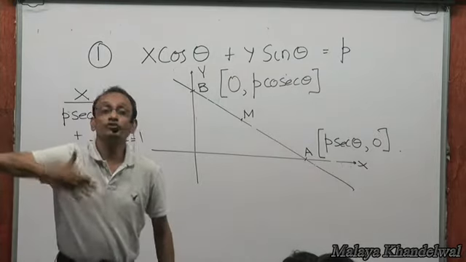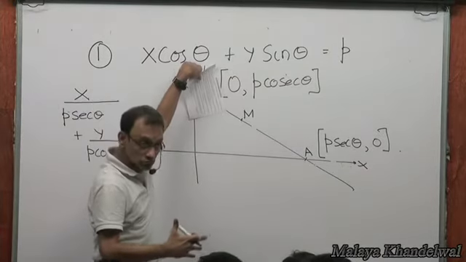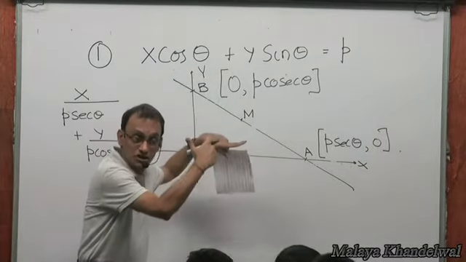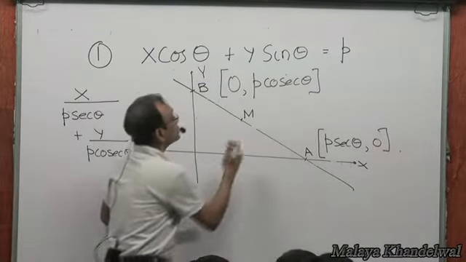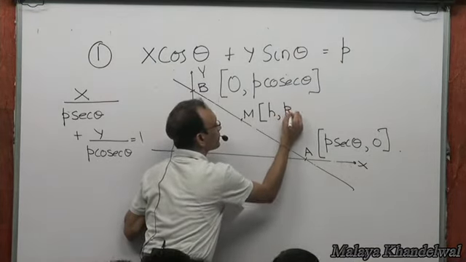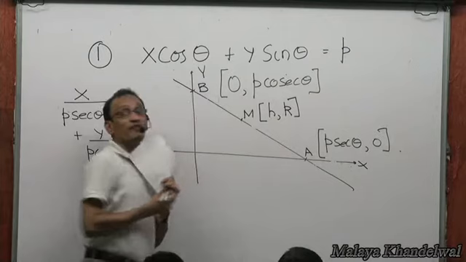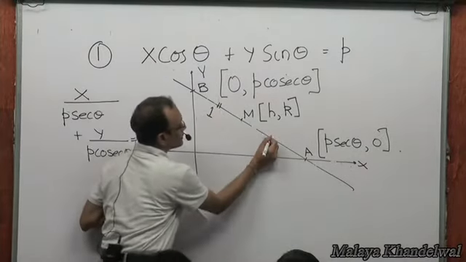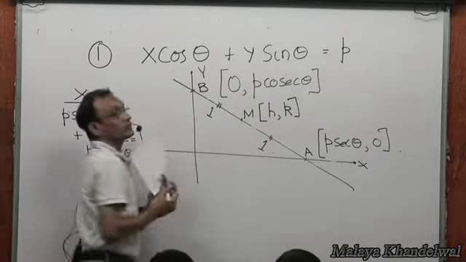Let's say for a certain theta assigned to this line, theta is my parameter. The point M has coordinates h, k. Now, if I'm seeking the locus of M, which is the midpoint of AB, that means dividing AB in the ratio 1:1, then